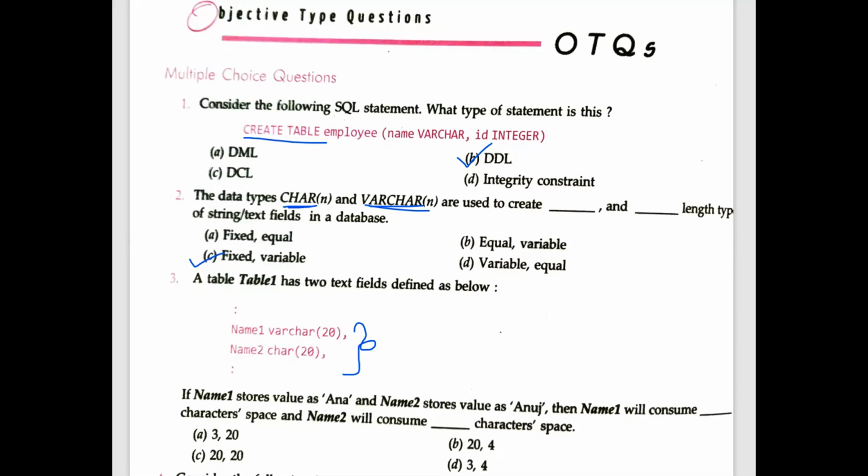Prince correct, Anshika correct, Karan correct, Achal correct, Vivina correct, very good. What about the other students? Vanshika correct, Twinkle correct. Okay, see, first of all, what you have to see is it is varchar. Varchar means whatever is the value, that much only will be used. So you can see over here only 3 characters. So first will be 3 and the second one is char. Char means no matter what information we are storing, if it is given 20, then 20 will be the length. So 3 and 20. So your answer will be A, that is 3 and 20.